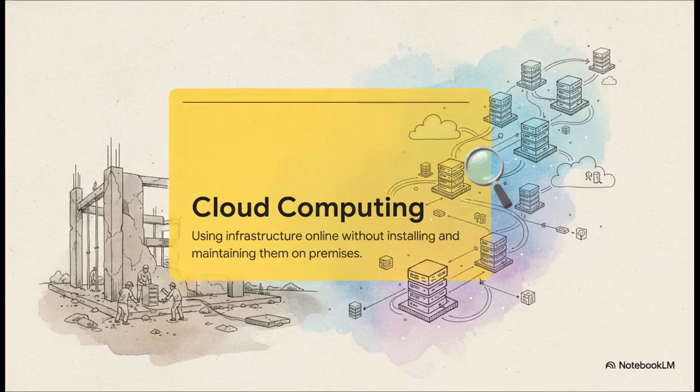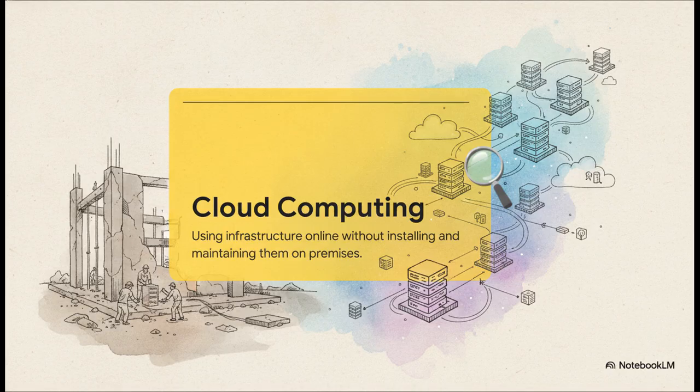So to build our factory, we obviously need a plot of land, right? In the digital world, we rely on cloud computing. This basically means we're using infrastructure and applications online without having to actually install and maintain them on premises. It gives us incredible agility. Instead of pouring literal concrete to house these massive server racks on site, we just build our factory virtually. We instantly access exactly what we need over the internet, which saves a ton of time and massively reduces our